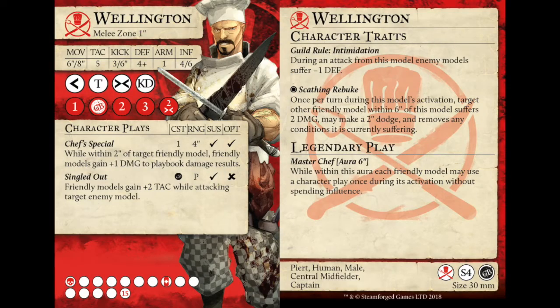Right then, time for the captain. Wellington is a central midfielder. He is still that same speedy 6'8". This is going to be a very fast guild, tenderizer notwithstanding. He can even sprint 8 inches if he wants. Tack 5,